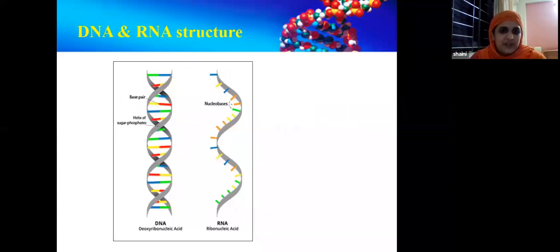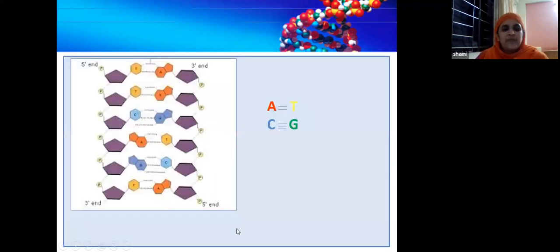Now, this is a basic structure of the DNA and RNA. The DNA is a double helical structure and it has a phosphate sugar backbone to which all the nucleic acids are attached. Okay. If it is a DNA, this strand is always complementary to this strand. And this is an RNA, where RNAs are single stranded. DNA is called D because the D stands for deoxyribose, which is the sugar part, and RNA has a ribose sugar.